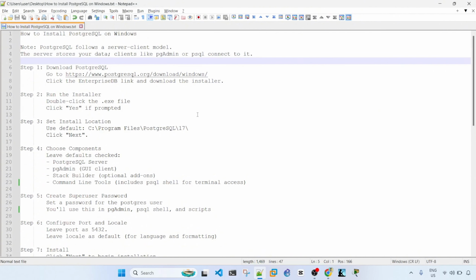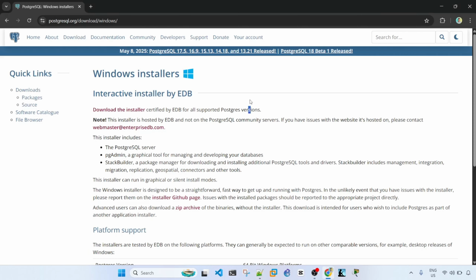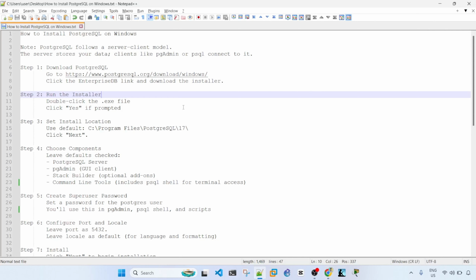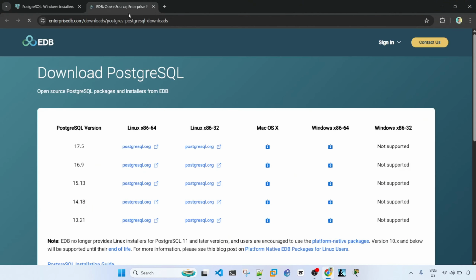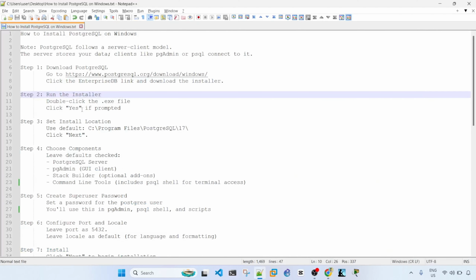So step one is to download PostgreSQL, which you can do by going to this link here. I have this link opened. We just have to click the EnterpriseDB link and download the installer, which is this link here. Okay, and the next step is,